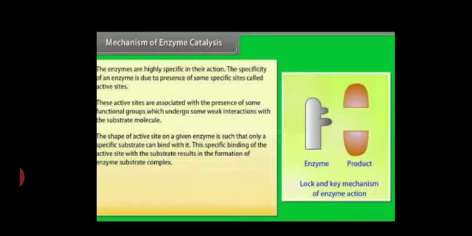So next, the mechanism of enzyme catalysis. Enzymes are highly specific in nature, as I have already told you. So this is the lock and key mechanism we are going to discuss. The enzyme is given in the form of a key, and the product is what you get. The lock is the substrate, or the reactant molecules. So they are highly specific. The shape of the active site on a given enzyme is such that it acts on a particular substrate only. It's not that any enzyme can be used for any reactant molecules. No, it is not possible.